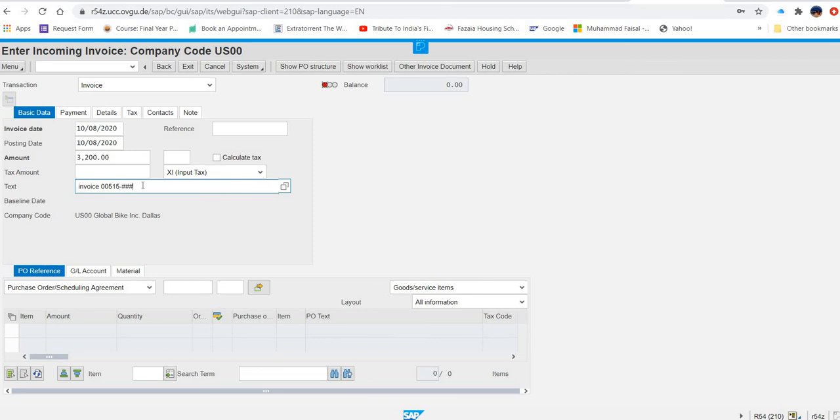Again they are saying triple hash, so we will replace this triple hash with 500, and then we'll press enter.